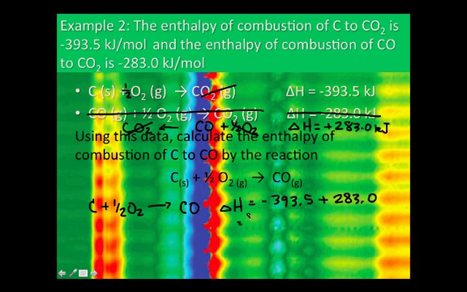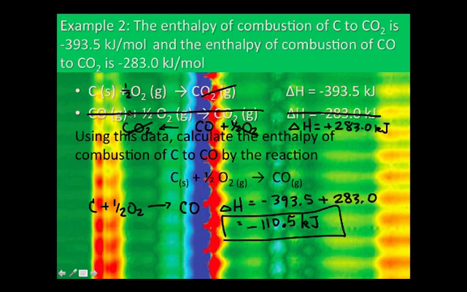My delta H then, negative 393.5. Okay, yeah, pushing the wrong buttons again. Gotta teach humility somehow, don't I? I'll make the mistakes, and that way you guys won't have to. I get a negative 110.5 kilojoules